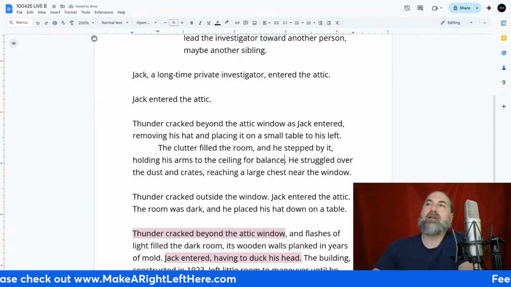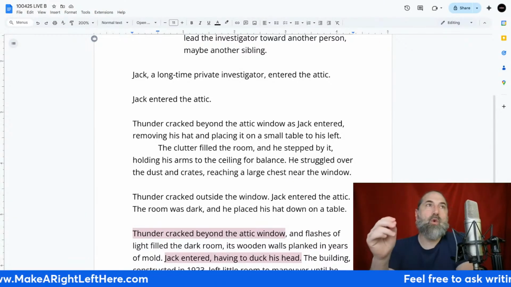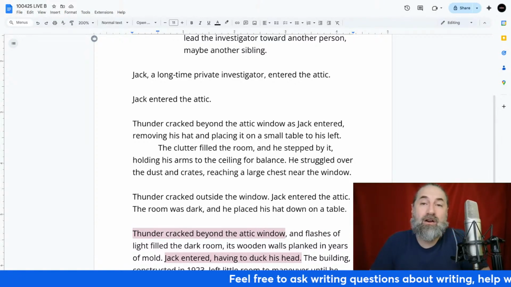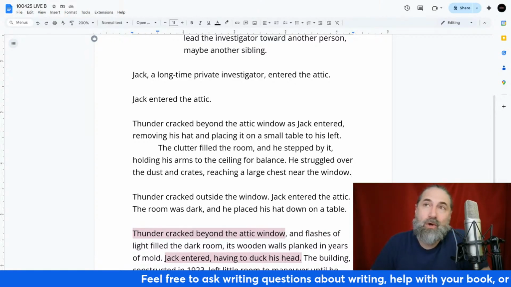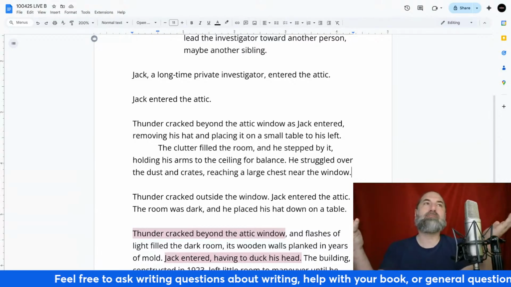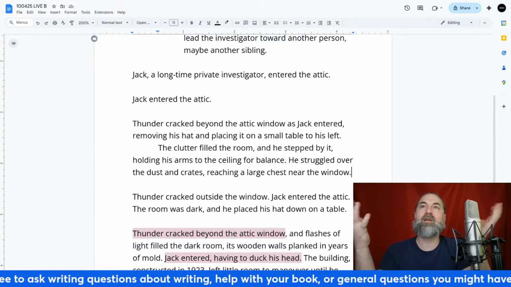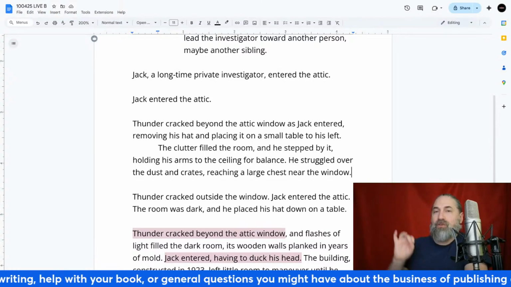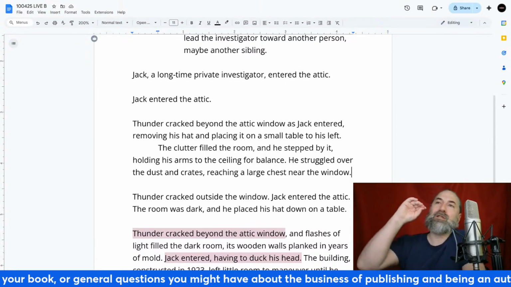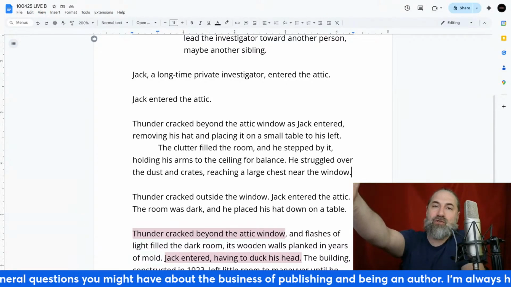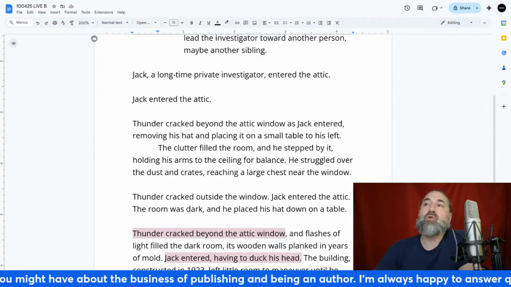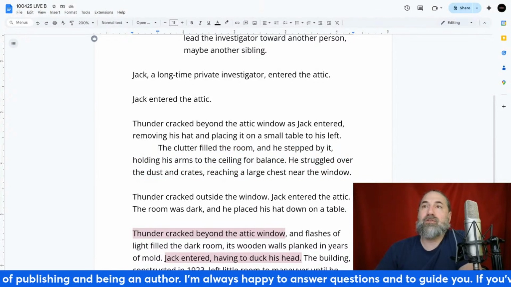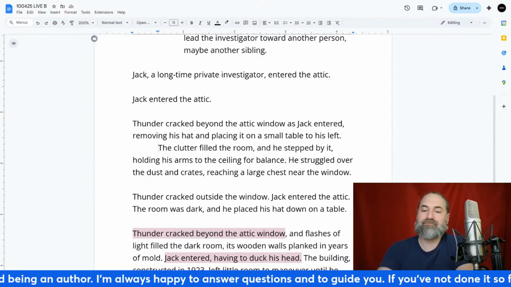But what we're doing is we're now expanding on the room. So instead of using the first paragraph or the first passage of prose to just do a blank description of the room, we're allowing the room to not only move the narrative forward, but we are allowing the character's emotional experiences and choices to dress the room. Okay? The clutter filled the room, or you could even say,